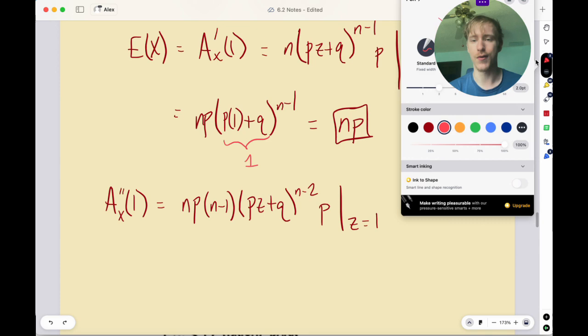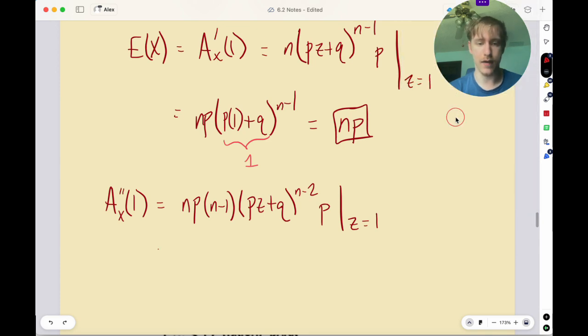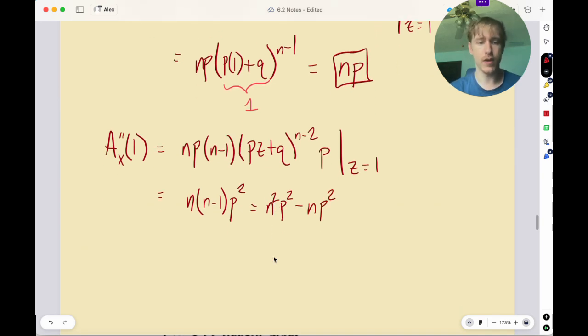Okay, so I'm not really going to write that again, but we're going to have n times n minus 1 times p, so that's a p squared. Or n squared p squared minus np squared. There's a reason I distributed that. So then the variance